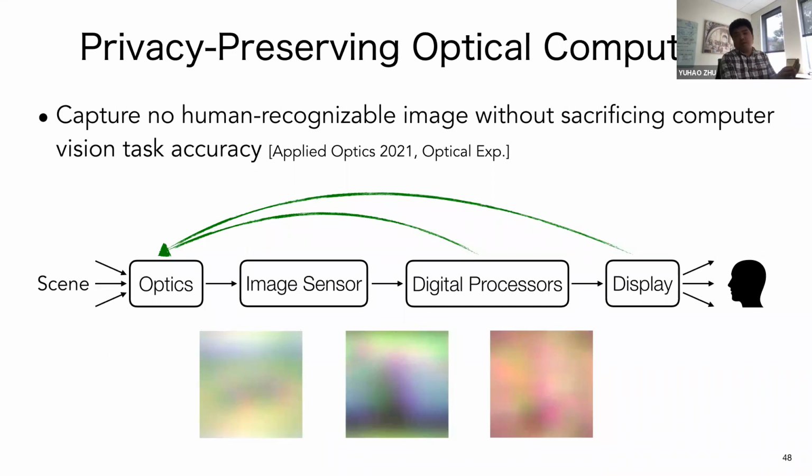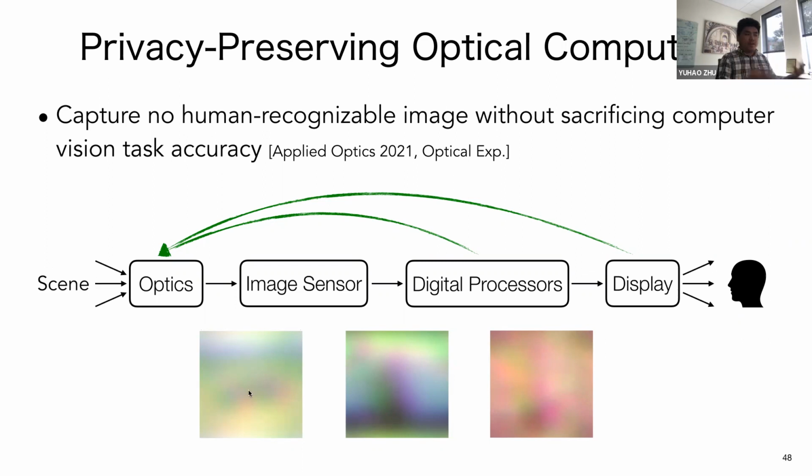So if I show you a photo that's captured by my camera, you'll never be able to make out the details there. Like the 3 images here. These are the 3 images captured by the camera. If you look at this, you won't really be able to tell what's going on in those images. But these images encode essential information that allow downstream computer vision algorithms to still work, right?